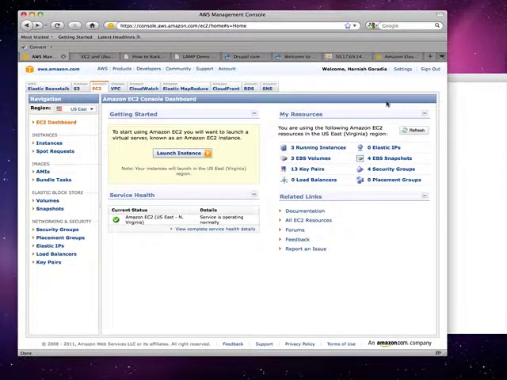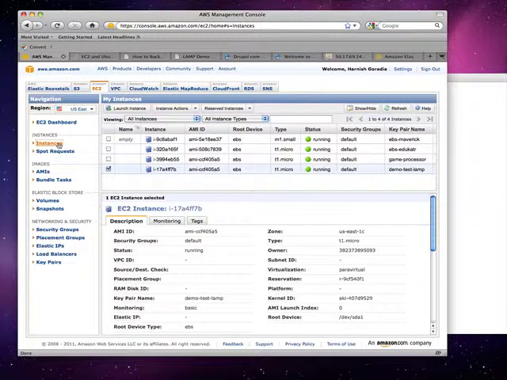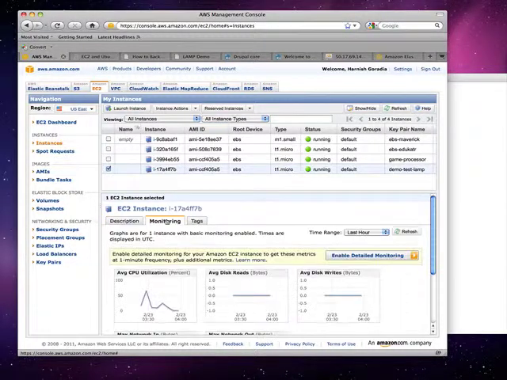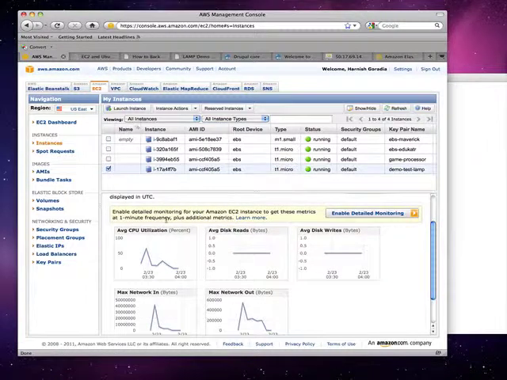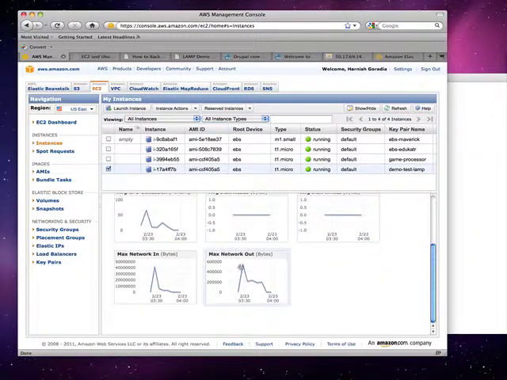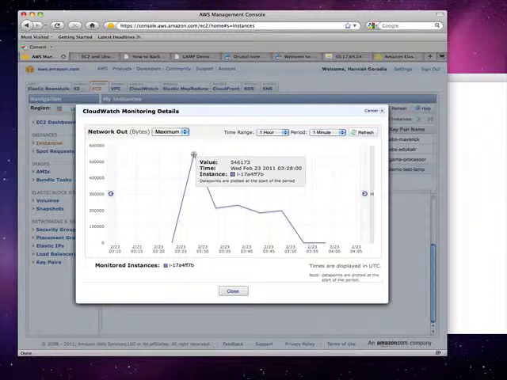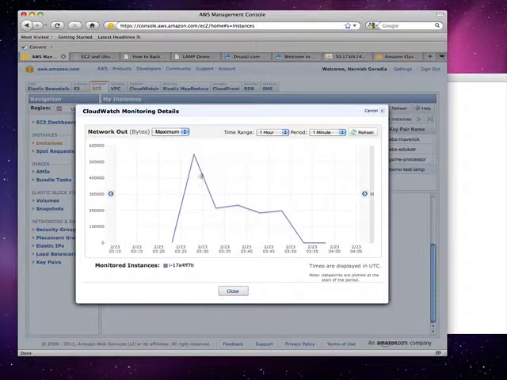Actually, one more question. You never showed us, is there a way to actually monitor your bandwidth? Basic monitoring is included in your machine instance, and that's this tab right there: CPU, disk read writes, network in, network out. Click on network in. I can't read, what is it? Value 546173 KB.